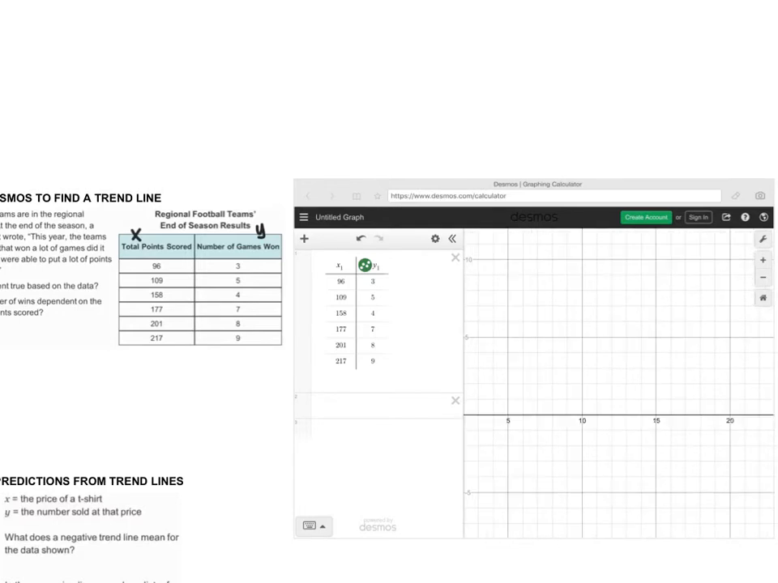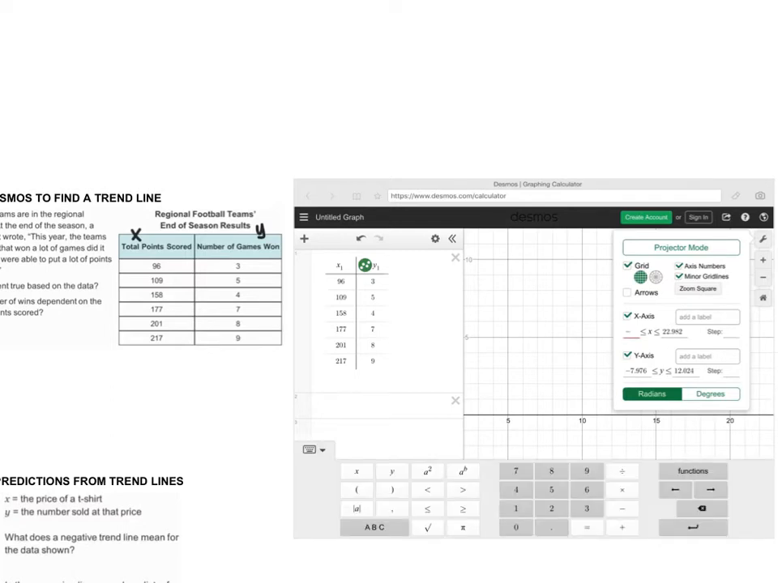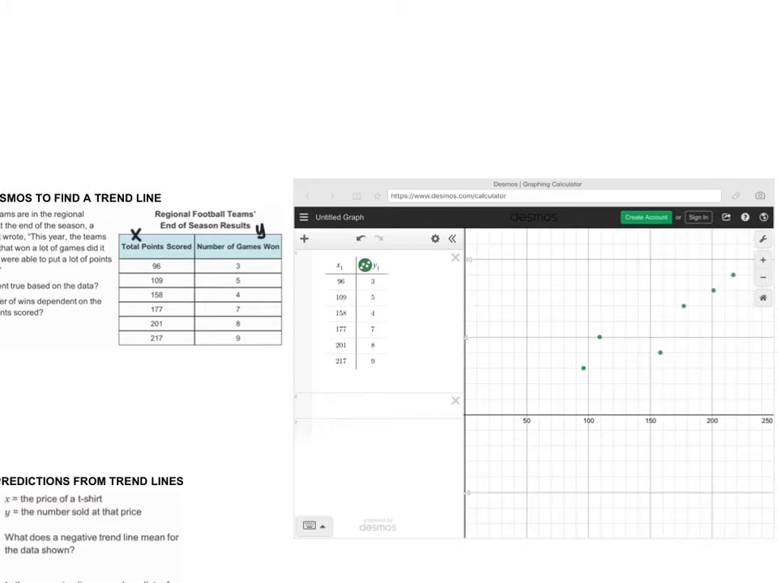Wait a second here. Go back. X-axis, -1. And then here, let's do 250. There we go. So what we can see is we have this scatter plot here, and what we know is